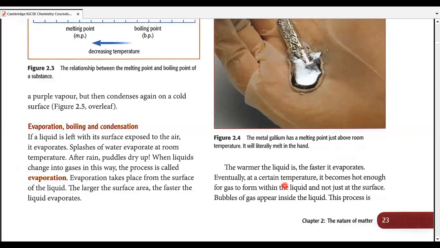How about asking new students? How about asking Halima and Umama? Halima and Umama, any suggestions? What other factors might affect the rate of evaporation or can get us a faster rate of evaporation other than temperature and surface area? Sir, I think I know. Just a second, let me ask Halima and Umama and we'll come back to you, Zoya.